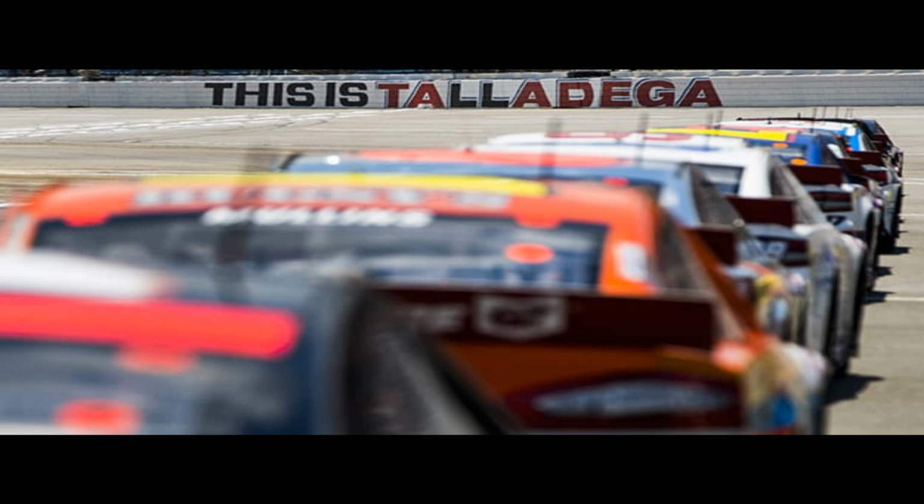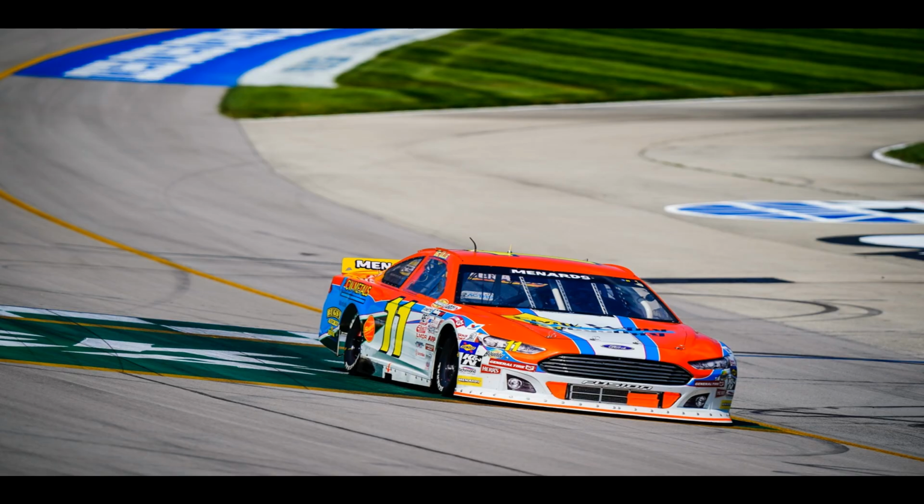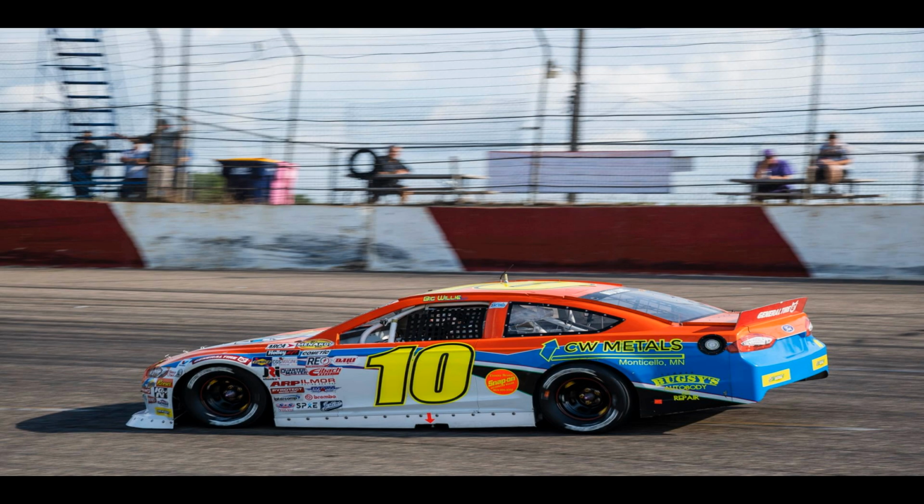Unfortunately, Mullins was not able to keep up with the draft and was lapped early on. To make matters worse, the car suffered oil pressure issues and would drop out on lap 24. This marked the first race of Mullins' collaborations with Fast Track Racing, in which he has run 8 using Hillenberg's